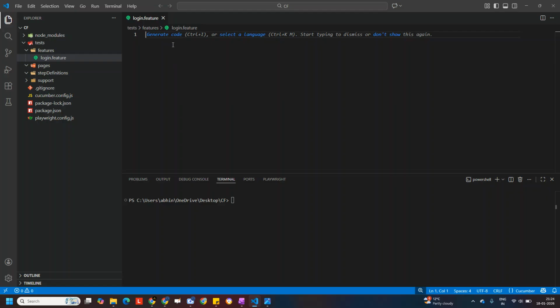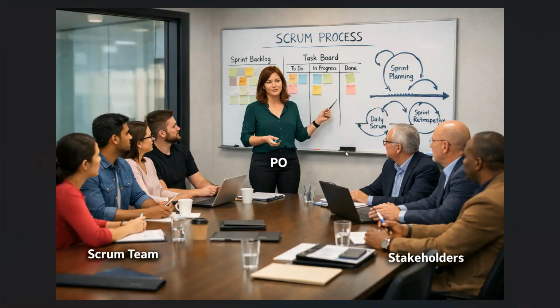But what this feature file is all about, let's try to understand, guys, with the help of this particular image that I have taken over here. So guys, what is happening in this particular feature? I hope you guys know what Agile and Scrum is all about. I have given enough lectures in my organization, and there are a couple of 2 to 3 lectures which are very